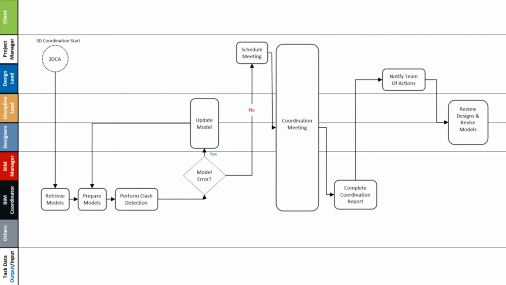The discipline leads and designers review the design considering the action items list and revise the discipline models in response to the coordination report. And finally, upon the completion of the revisions, the project manager ends the 3D coordination process. And if needed, the project manager may trigger another iteration of the 3D coordination process until all the issues have been resolved. So this is the entire cycle which is preferred, and this continues until